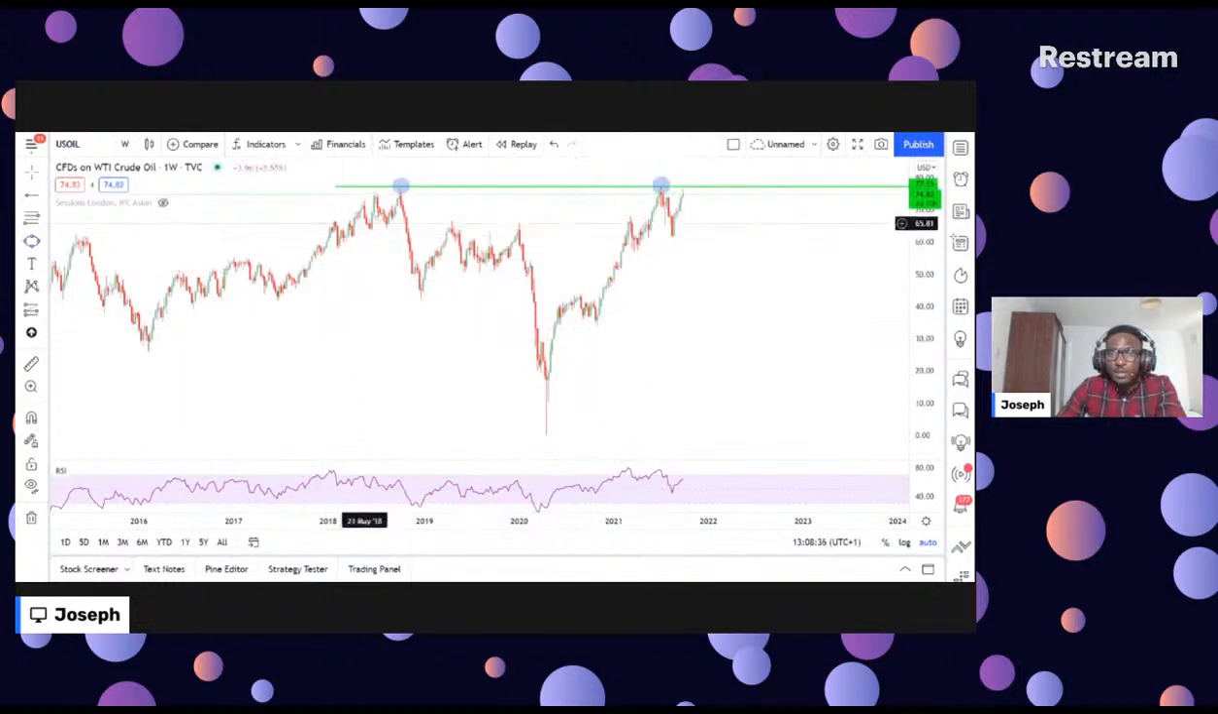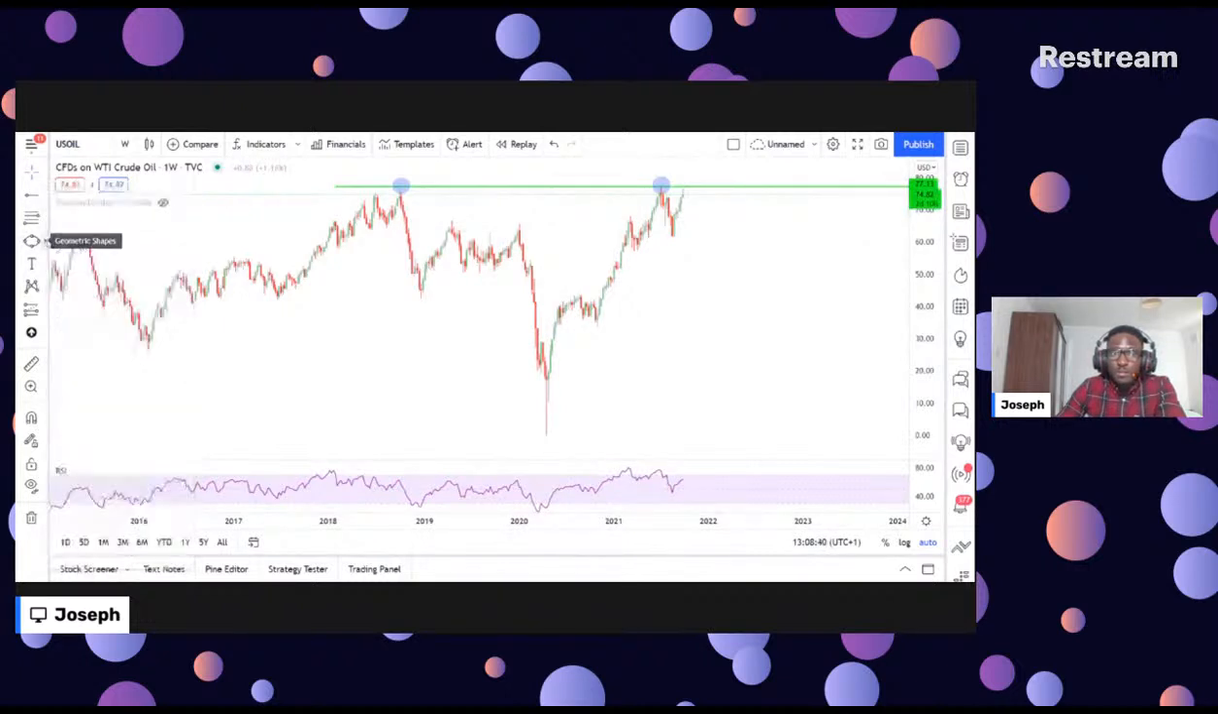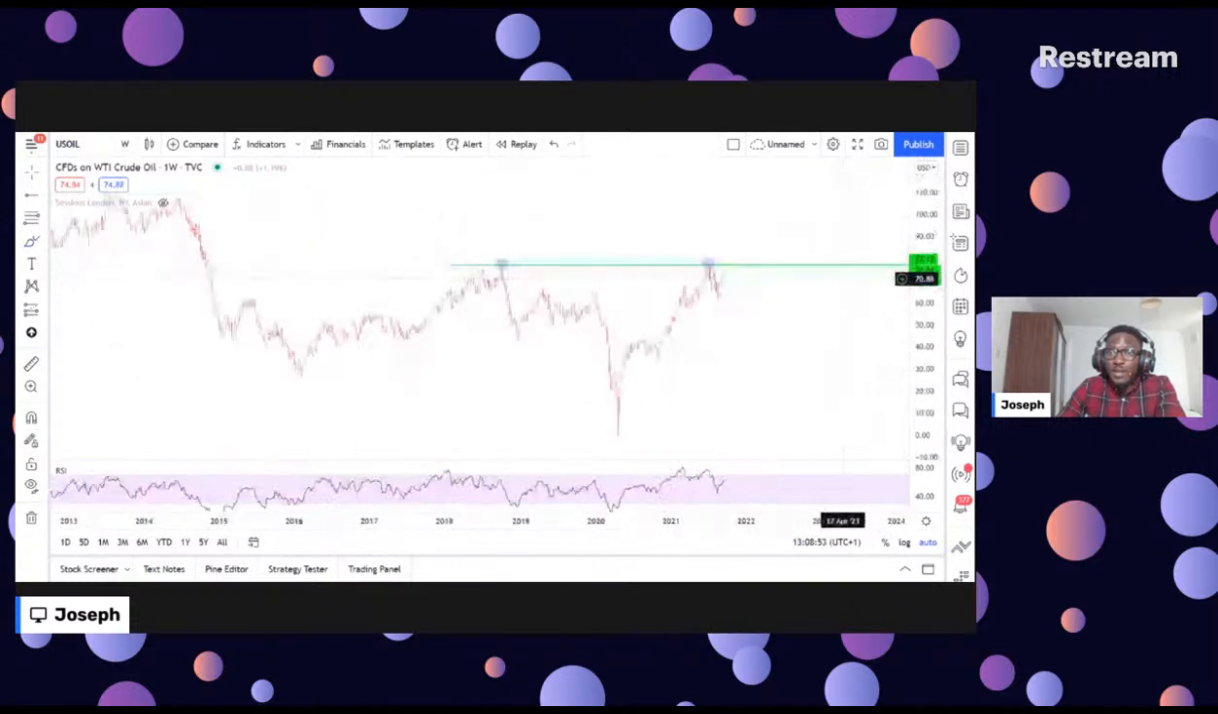I can tell you that the market is likely to respect those structures there, which will mean that the market is likely going to respect the structure, and we're going to see a move down. That could potentially take us down. However, if this market breaks this structure,